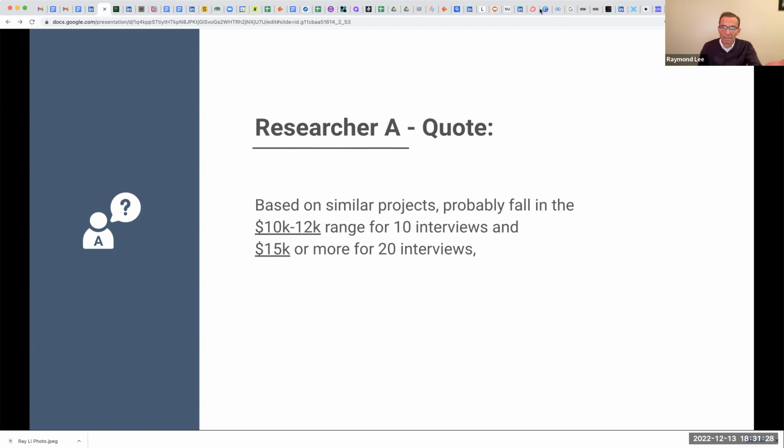For 20 interviews, she already lets them know what that would be, an extra 5,000. And then she said, this is to me, not to the client, that it's a total ballpark shot in the dark, because so often responding to these quotes, you don't have enough information. You're making a number of guesses. You don't know who else is bidding, so you just give it your best shot. So that's her best shot. $10,000 to $12,000, a fixed bid. Any comments or thoughts about that? Any learning from what we just saw that she did?